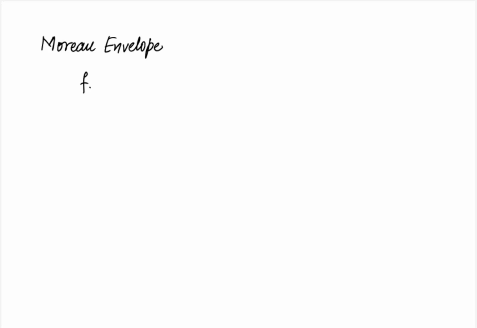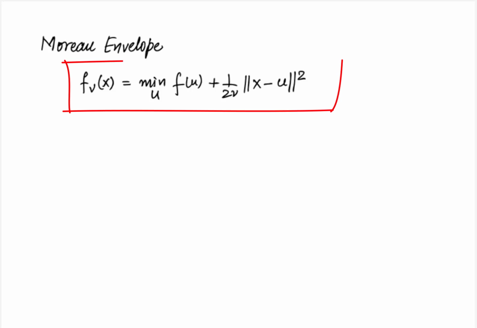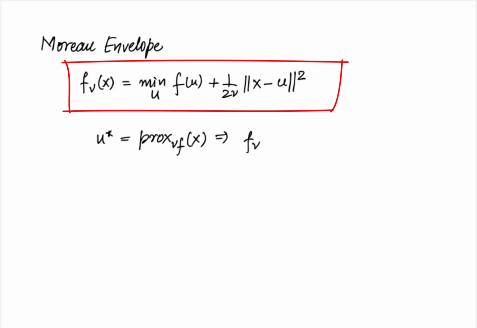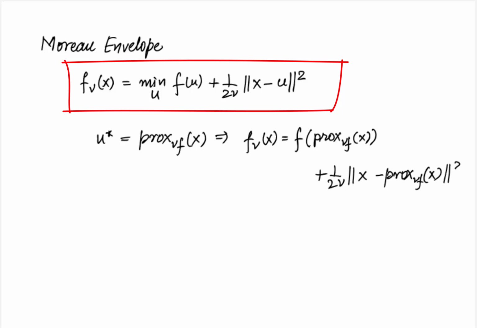It is given by f_ν(x) = min over u of f(u) + 1/(2ν) norm squared of (x - u). This might be reminiscent of the definition of the prox function. In fact, the optimal u* here would be given by prox with respect to νf of x. So the smooth approximation can also be written as f_ν(x) = f(prox_νf(x)) + 1/(2ν) norm squared of (x - prox_νf(x)). So for functions for which you can calculate the prox, you can also immediately calculate the smooth